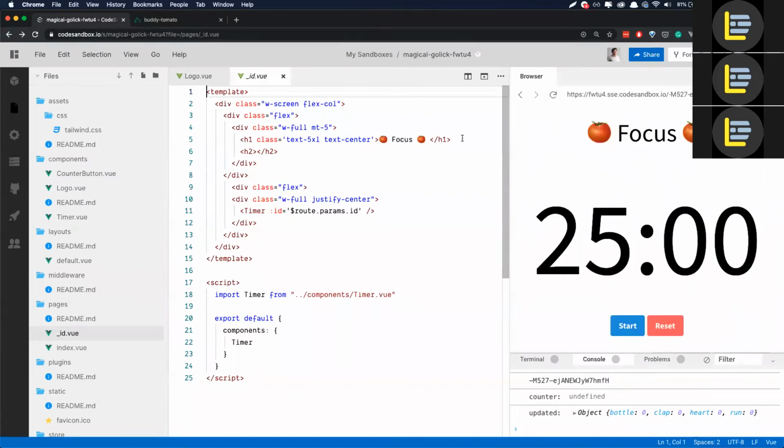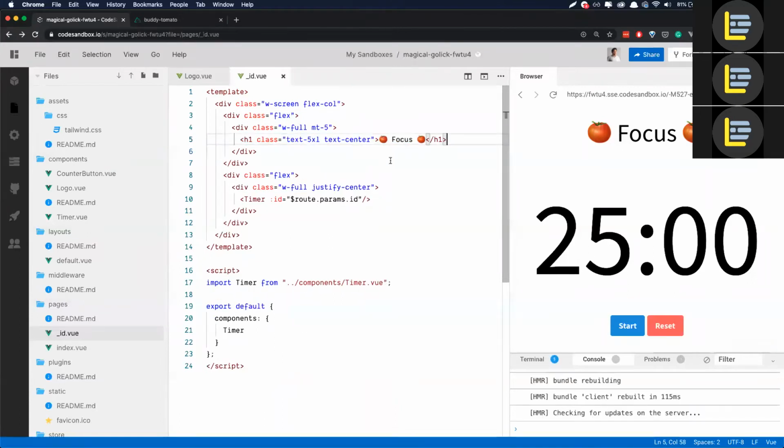I have a title here called focus. So this is focus. H2 is extra. I can remove it. Sorry. And then after that,